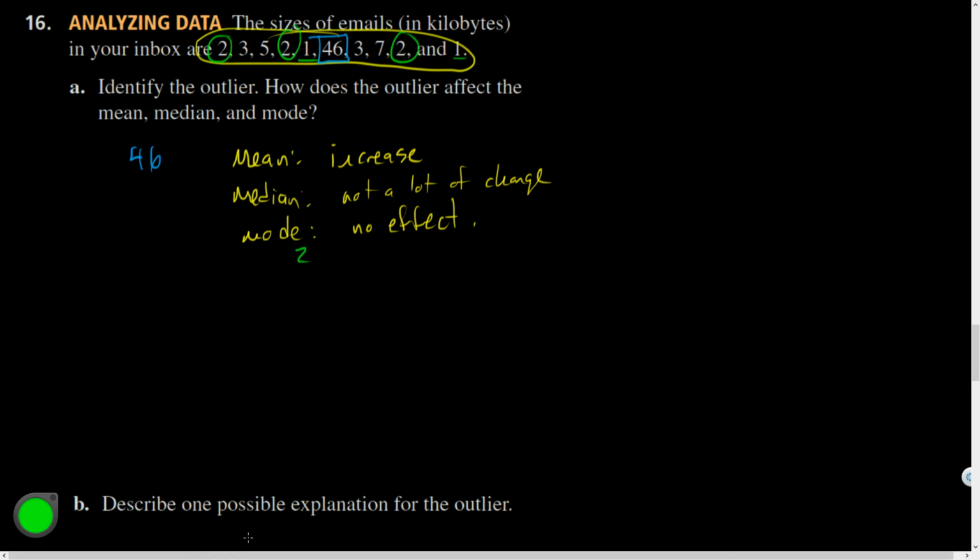Then they ask this question. This is non-mathematical, but more just to see what you're thinking. Why would this outlier have existed if this was talking about the size of emails in kilobytes? Why do you think that email was suddenly so much more massive than the others? Yeah, what type of email would have way more information than the others, do you think? One that maybe has an attachment or links built within it, right? Like maybe they attached a picture to that one where the other ones were just short text emails, would